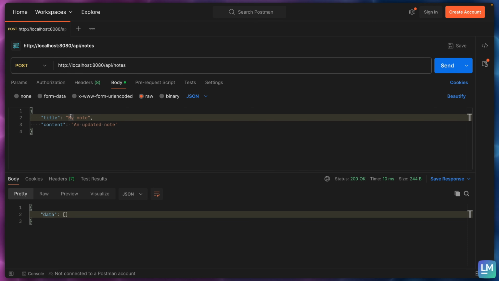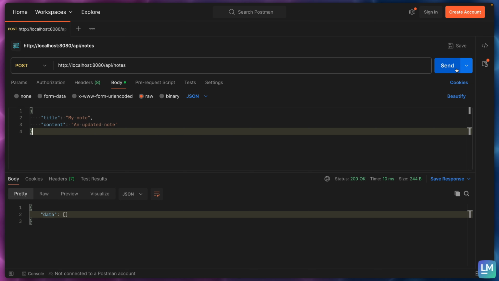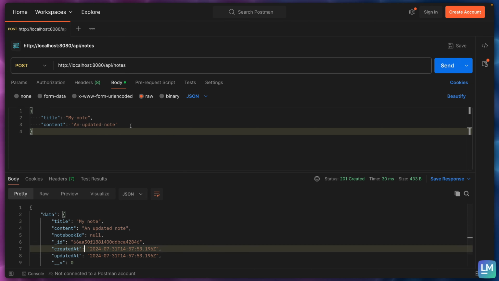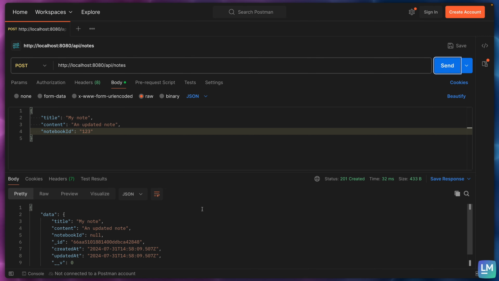Let's say here, we're just going to call this my note once again. So we're going to start duplicating some notes. Let's send this and let's confirm that this works as expected. Let's now provide a notebook ID here, and this will just be, let's say, 123. And the moment we send this request, we get the result back here, because remember we are catching the error